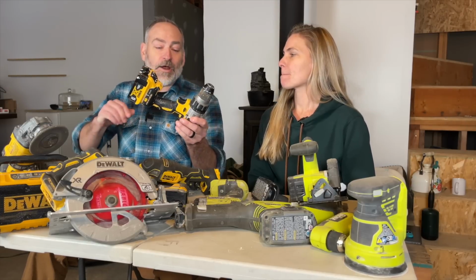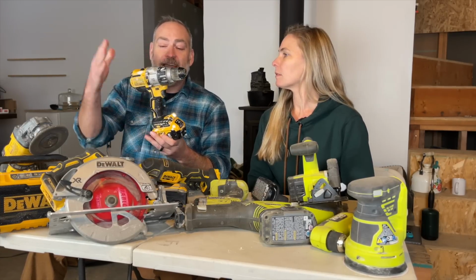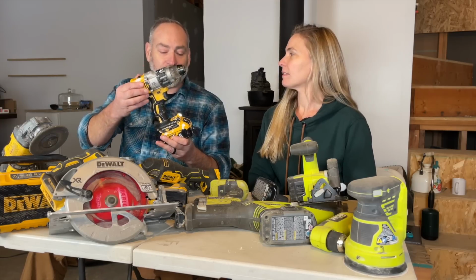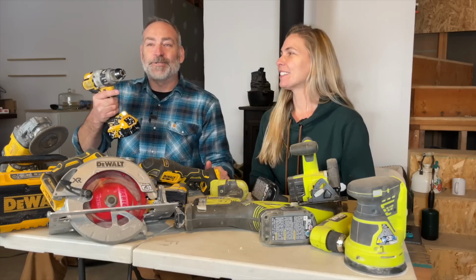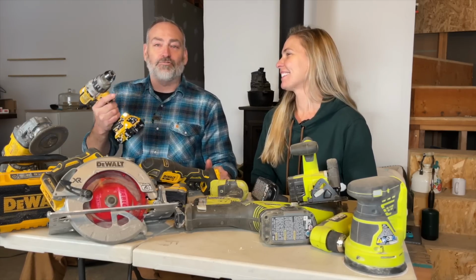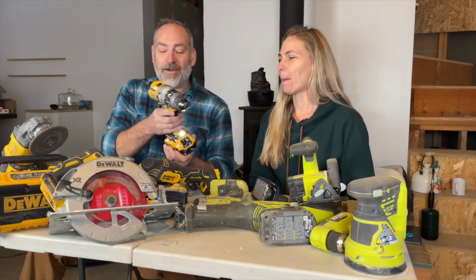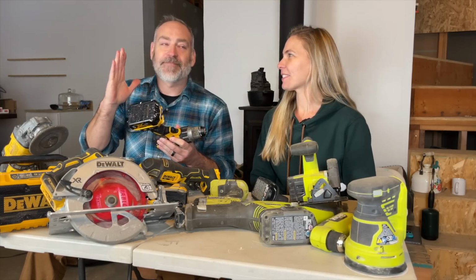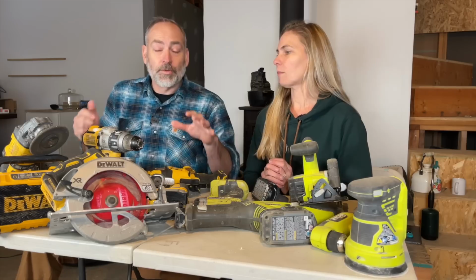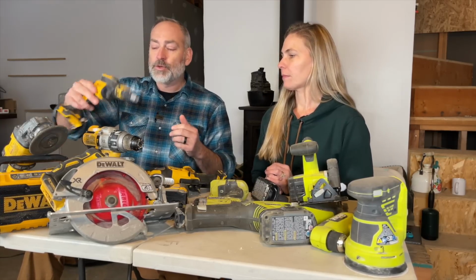When we were drilling holes for our electrical in the apartment, a friend of mine had this exact same DeWalt drill, and I was using the Ryobi drill. He's like, so fast with this thing, man, so powerful. And that made me say, I want to switch to DeWalt. So we bought one of the more complete DeWalt kits, but one of the tools that didn't come with it